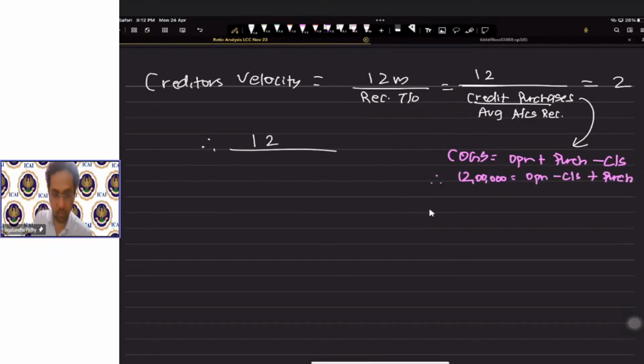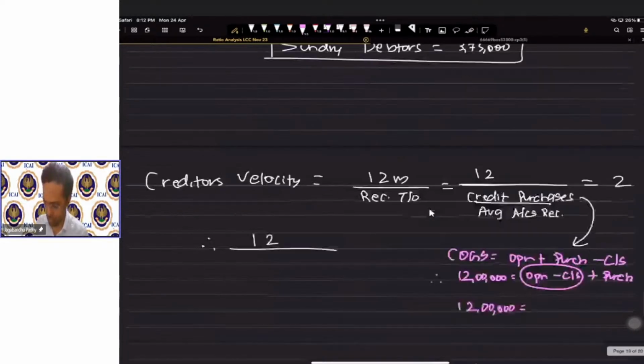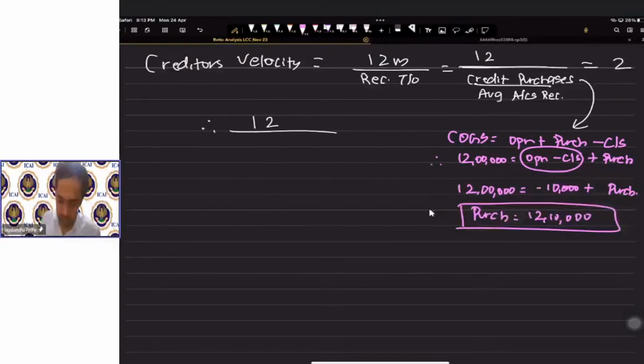So essentially what I can say here is this figure, opening minus closing. I can simply write it as, since the question says closing is 10,000 above, opening minus closing is going to be minus 10,000. We have the purchases of 12 lakh 10,000, correct? Now we can take that purchases in the next part, which is 12 lakh 10,000 credit purchases divided by